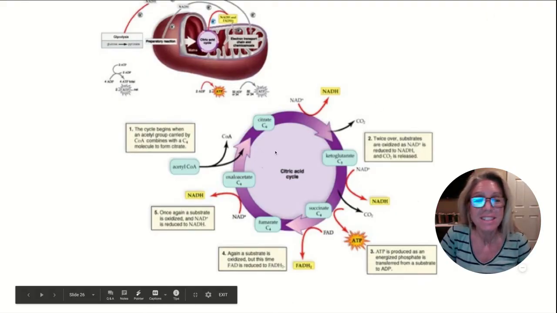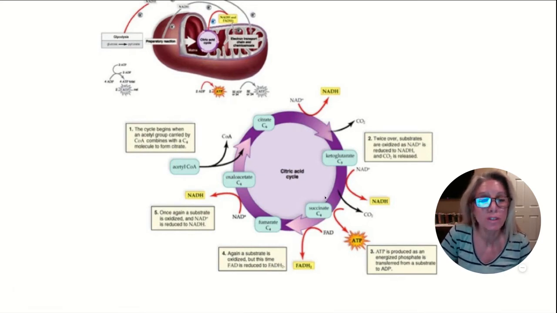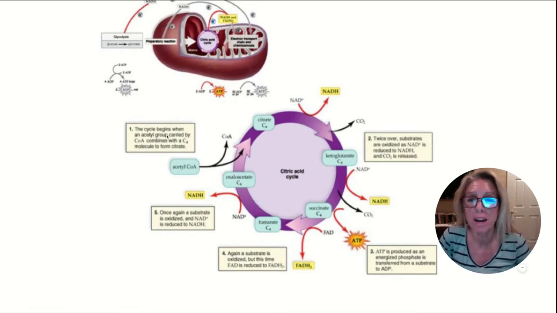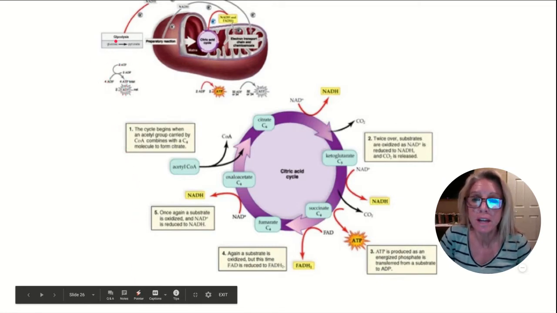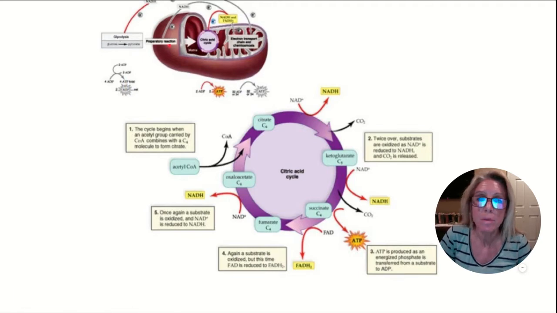All right, this isn't a pretty picture. I have a better one for you, but I want to show it to you just for a quick minute, and then I'll show you the better one that I have. Okay, first of all, you can see out here is glycolysis. Let me get a pointer. Okay, so here you can see glycolysis, and then we do the preparatory reaction, move in, and in the center,